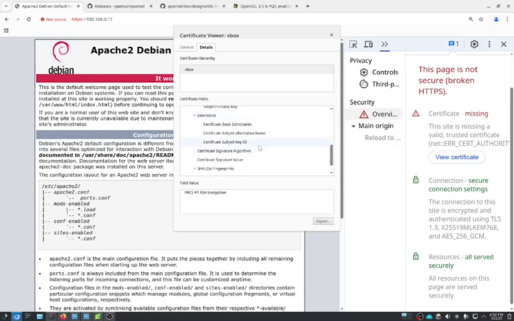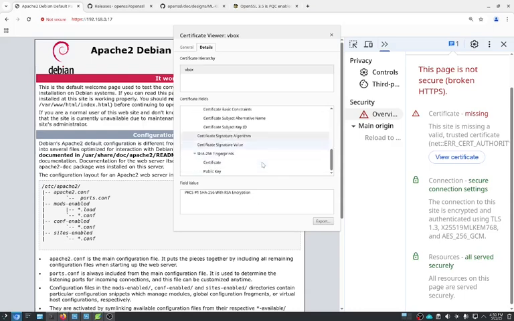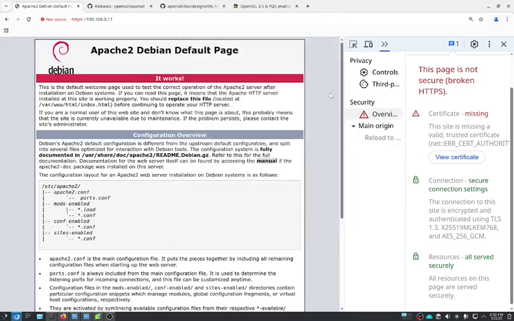All right. So then we look at the signature algorithm. It's SHA-256 with RSA encryption. Again, they want us using SHA-384 or SHA-512 and to not use RSA encryption. Okay. So yeah, that's that. So anyway, that's really all I got here for that. Other than one other thing, let's just, for fun,